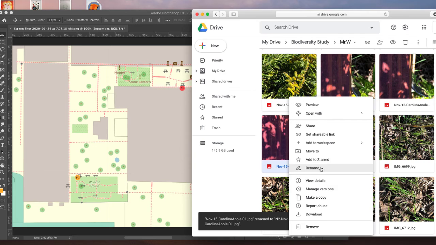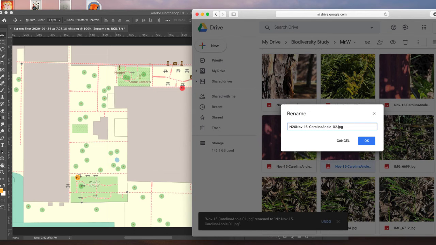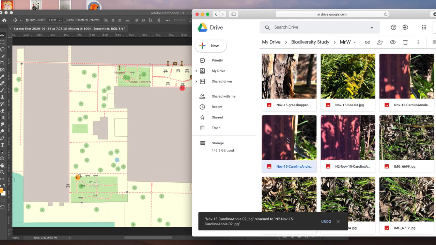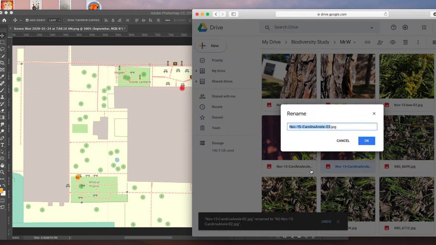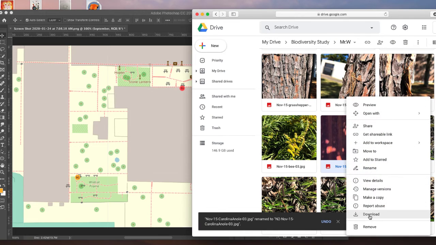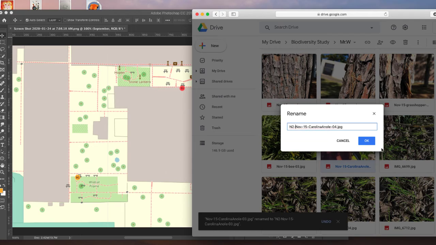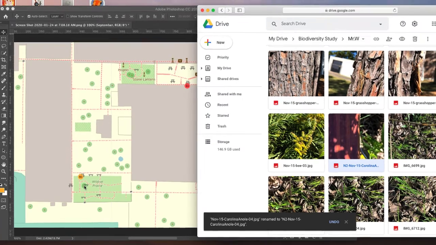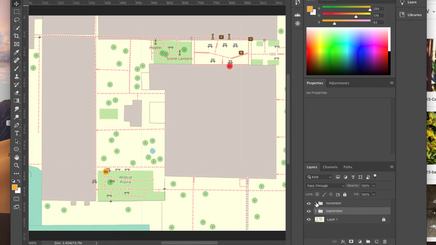And I'm going to rename each one of them with an N2 in front, so that way it's clear they're all the same specimen. And he was over here on this bench here. So going back into November, I can click back on this layer that I already put the one orange dot on. I can make sure it's the layer that I think it is by clicking the little eyeball, and I can see it's popping in and out, so I know it's the same layer. And here, I'll put a little orange dot there,